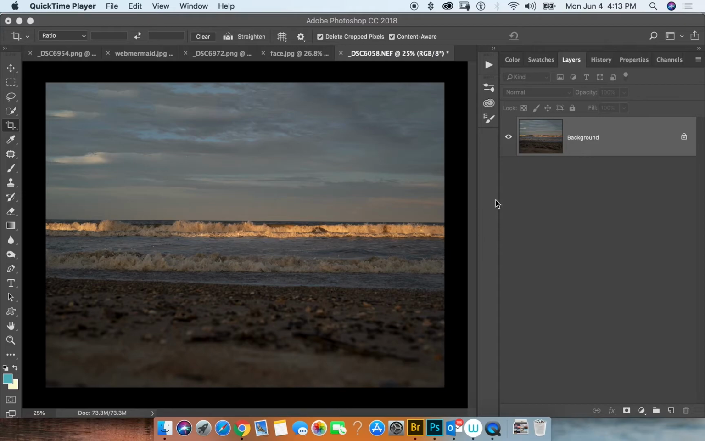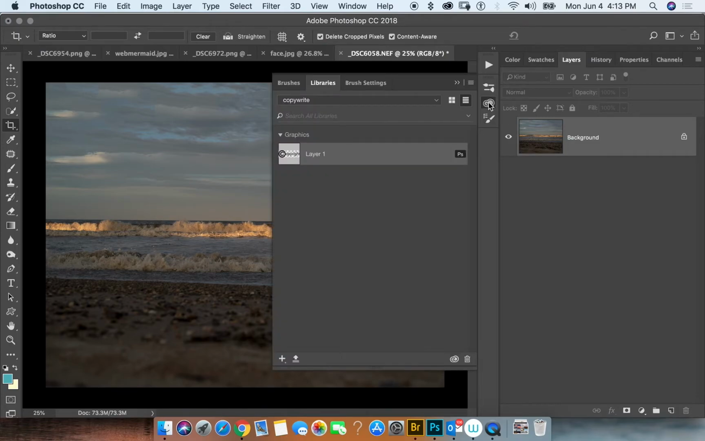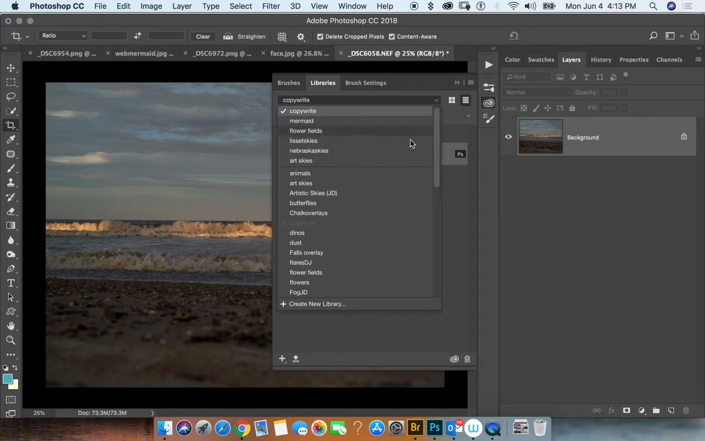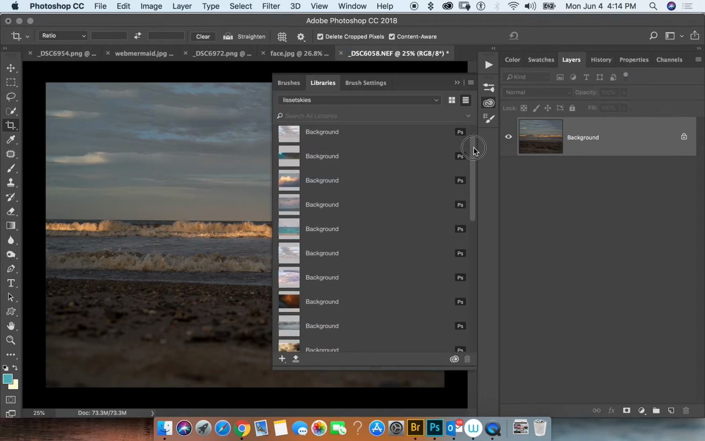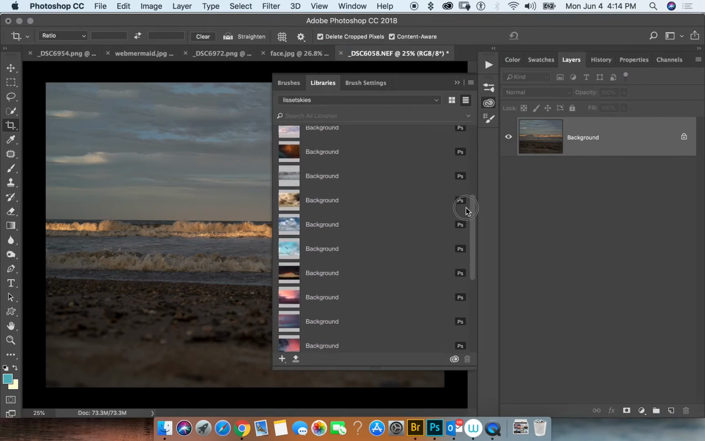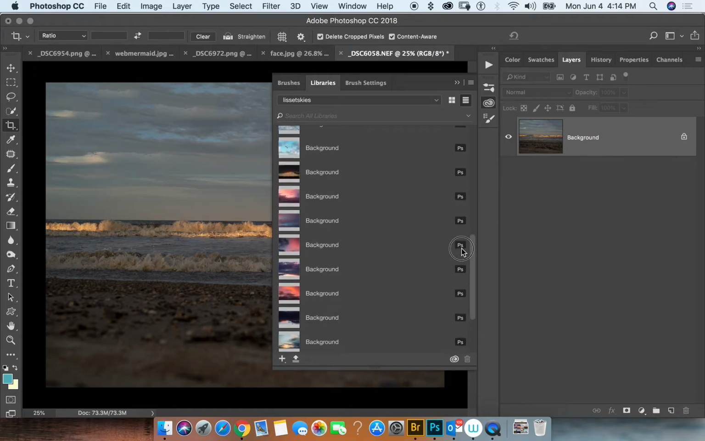I'm gonna show you how I add my skies into a picture. So this is just a picture I took in the beach. So I'm gonna add one of my skies that I have on my website. So let's go and add, for example, something like,